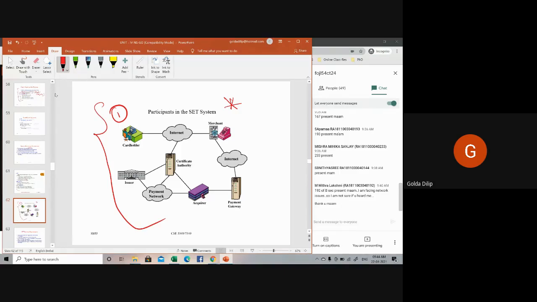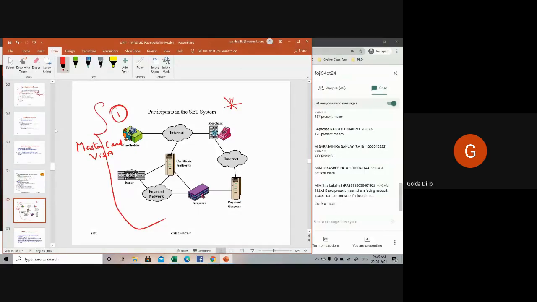Okay, so the authorized holder of the payment card. When you say card, it can be a MasterCard or a Visa card, whatever the issuer has issued. So the cardholder can have a MasterCard or Visa card. You would have seen in the credit card, at the bottom right corner, it is written whether it is a MasterCard or Visa card. So this is the first party involved, the authorized holder of the payment card.